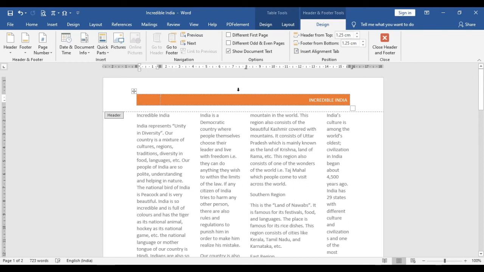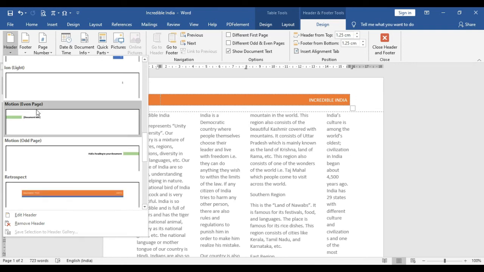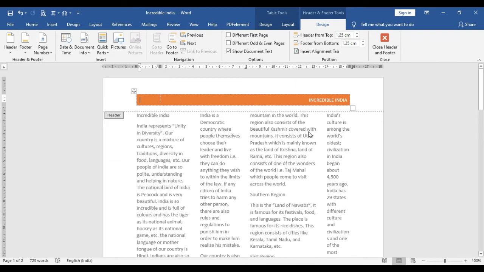You can see now your header and footer is automatically selected. From here, from the Design menu of Header and Footer Tools, you can select your desired header and footer option. And after that, insert your text or picture and then click on Close Header and Footer.